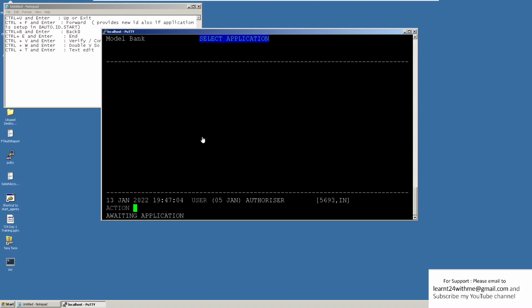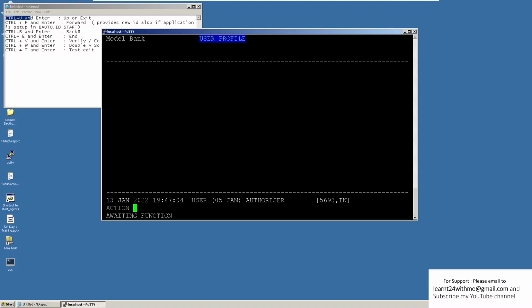Once you are in T24, there is this screen asking us to provide an application name. So first I will input an application name. I'm just going to take one application called USER. USER is one application where we have all user profiles, meaning all logins. We can set up all logins here and assign some access roles. We will talk about USER in detail later, but as of now I'm just going to show you our first command, that is Control U.